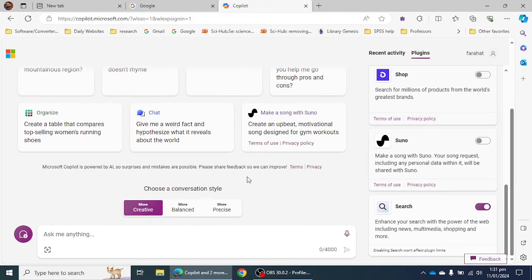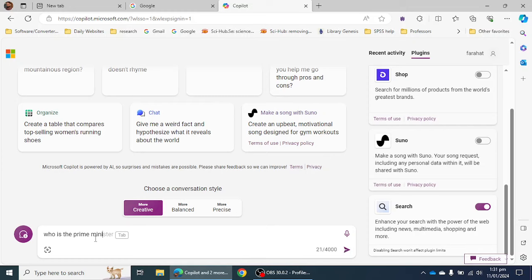ChatGPT 3 provides you information in searching till September 2021. And if you are using the ChatGPT 4 Plus version, which is available with $20, you will search till January 2022. But in the ChatGPT 4 Turbo version, which is available through copilot.microsoft.com, you can search the information till April 2023. So if I ask this Copilot, who is the Prime Minister of Pakistan,